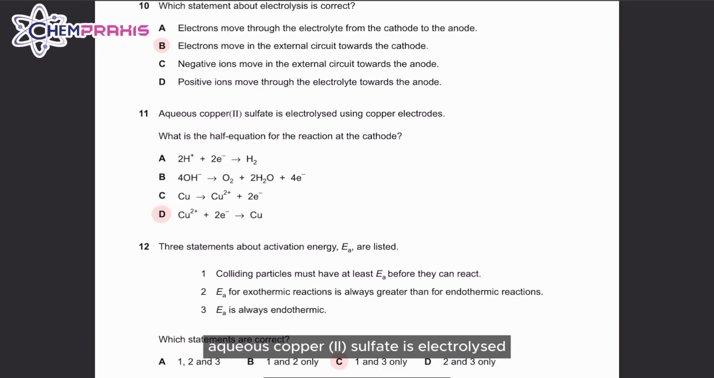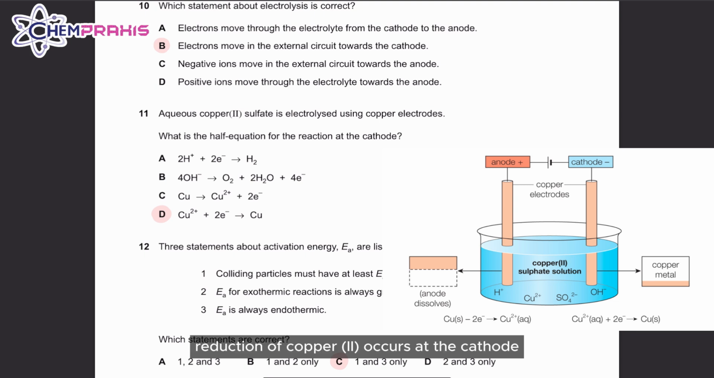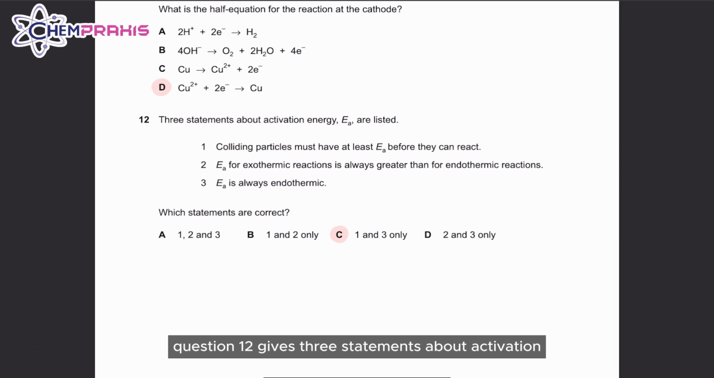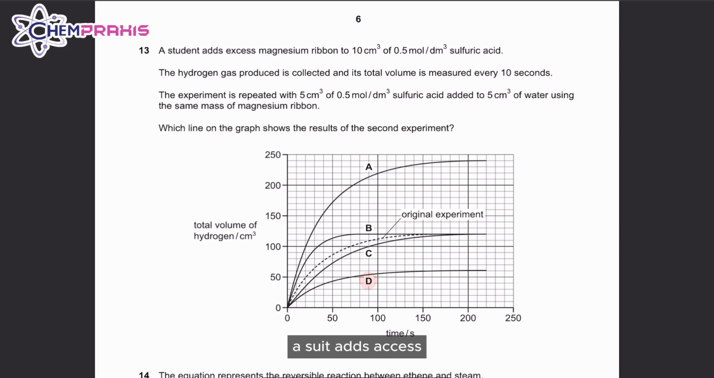Aqueous copper(II) sulfate is electrolyzed using copper electrodes. What is the half equation for the reaction at the cathode? Reduction of copper(II) occurs at the cathode, and hence the half equation should be D. Question 12 gives 3 statements about activation energy. Which of the statements are correct? From the list of statements given, we can determine that only 1 and 3 are correct in this case, making your answer C. Next, a student adds excess magnesium ribbon to 10 cm³ of 0.5 mol per dm³